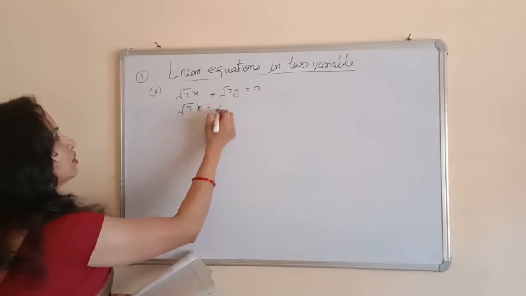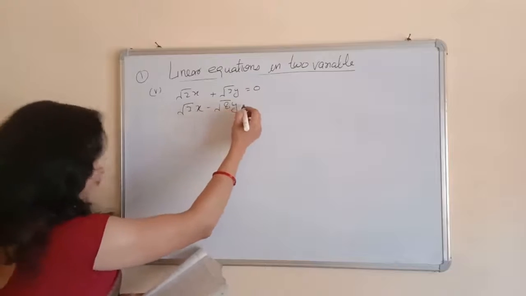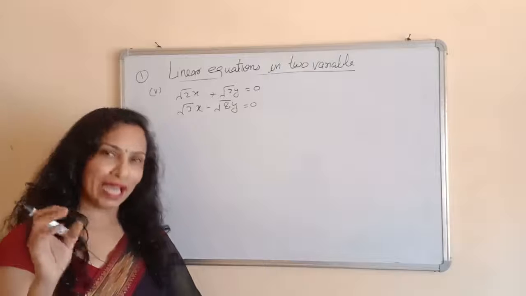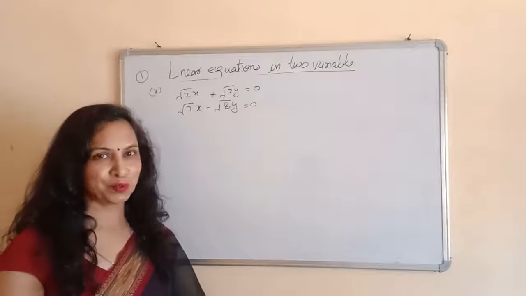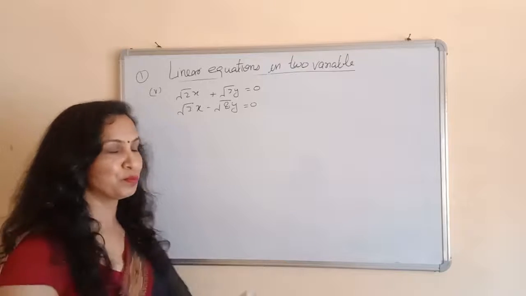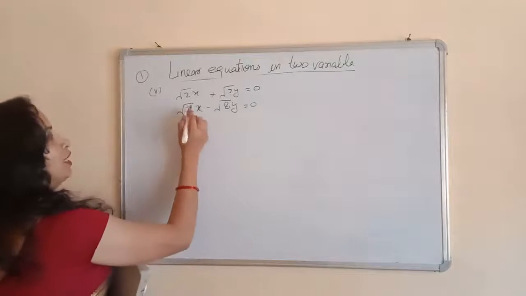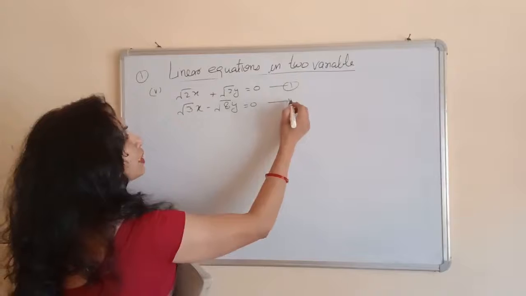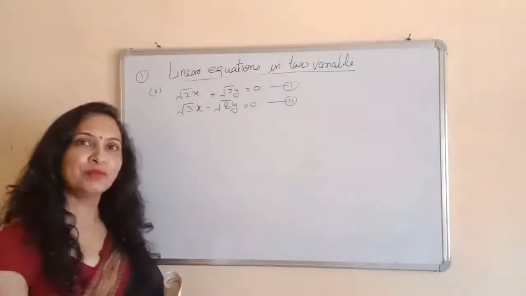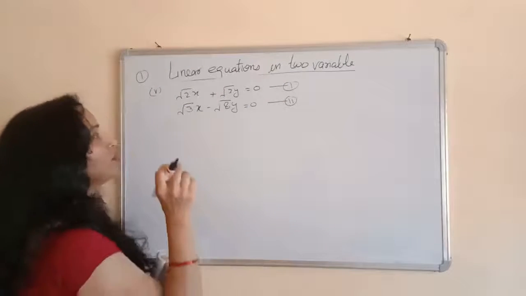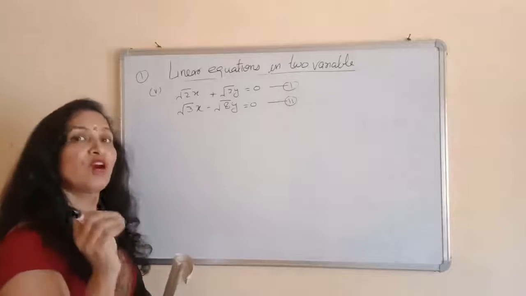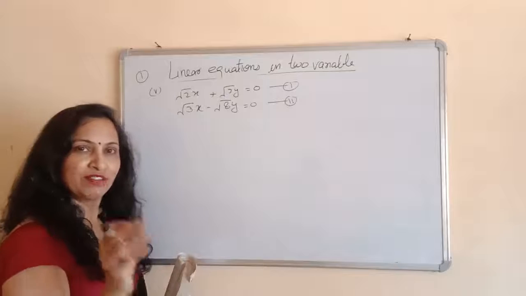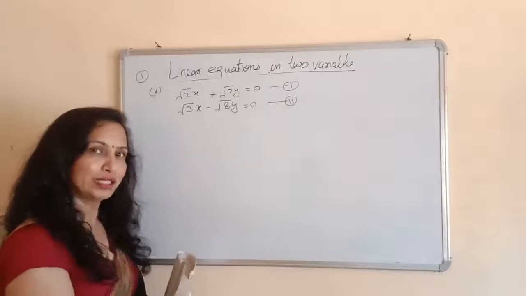The parts which I am not doing here, you will do yourself, or if you have any problem in any part, you can ask me in your Zoom class. So it's really important to attend all the Zoom classes. In Zoom classes you can ask your doubts. This is equation 1 and this is equation 2nd. And according to the method, what will you do? We will find one of the variables from one of the equations, either the 1st or the 2nd equation, and then we will put this value of the variable in the other equation.